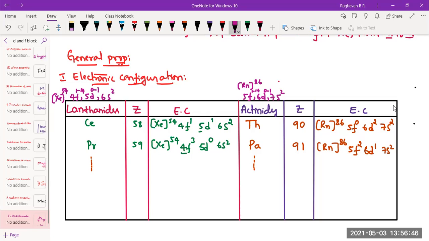What could be the reason? One, size. Whenever size is less and charge is more, the polarizing power will be more. High polarizing power of the respective ions leads to hydration. Extensive hydration in aqueous medium will stabilize the particular ion, and you should also know the formation of compounds along with the lattice enthalpy values, and how exactly that will stabilize the compound formation.